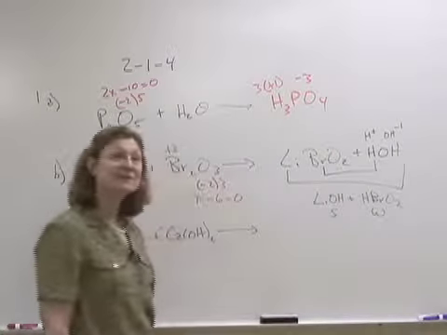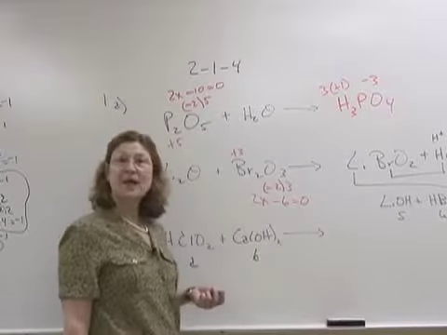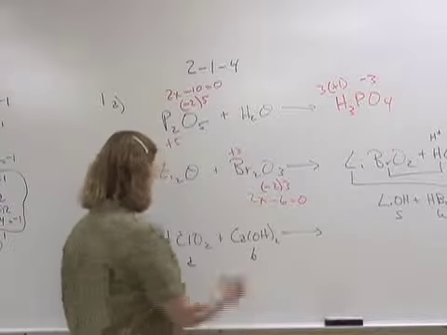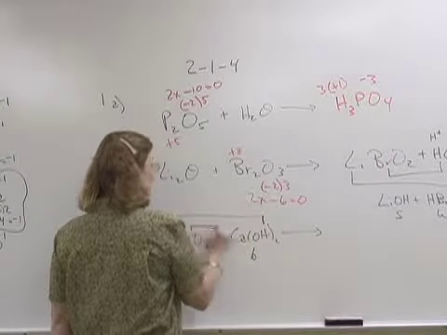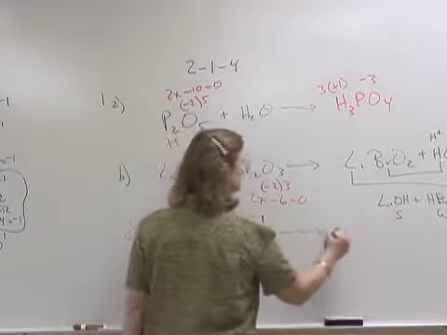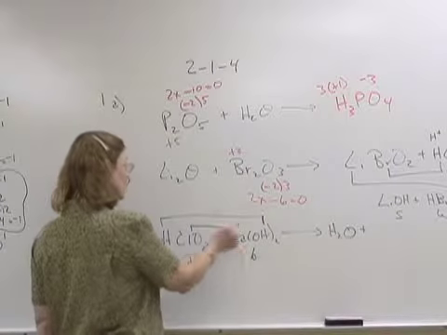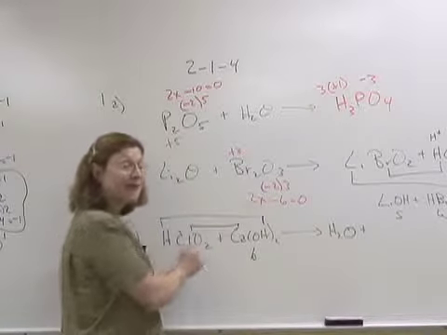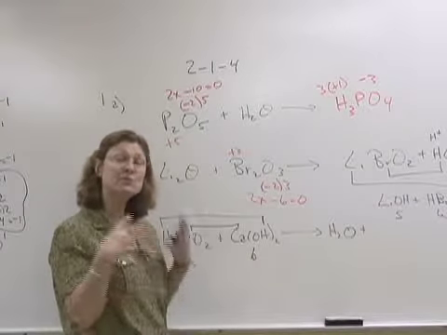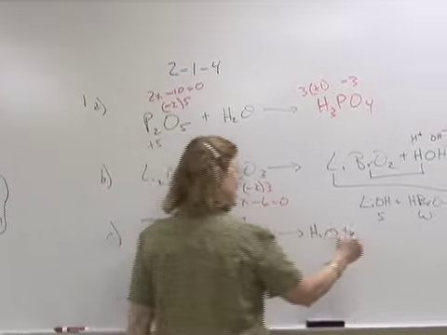The last one is your acid plus your base. We know they do the do-si-do. An acid plus a base gives me a salt plus water. The hydrogen and the hydroxide combine to give me the water. The salt is the metal with the polyatomic ion. And in this case, I don't need to worry about the charge because the polyatomic ion remains the same. There's no change. It is just calcium